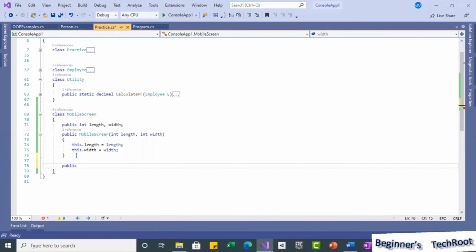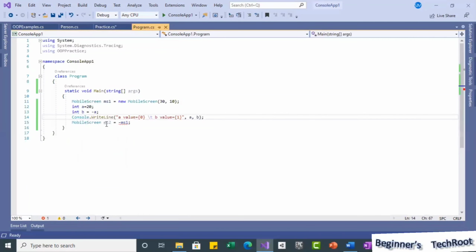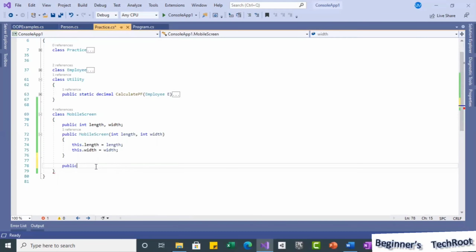If I don't want to create an object and use it, in that case I can use static. If I want to create an object and use it with the object, then I can use it directly without static.